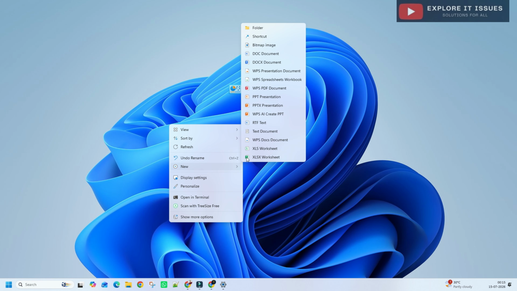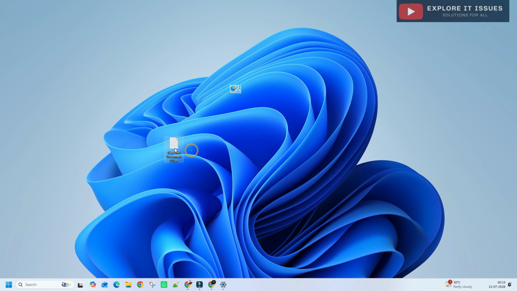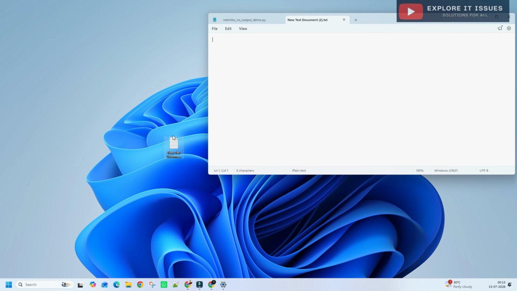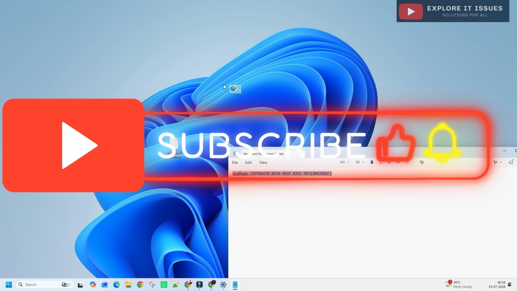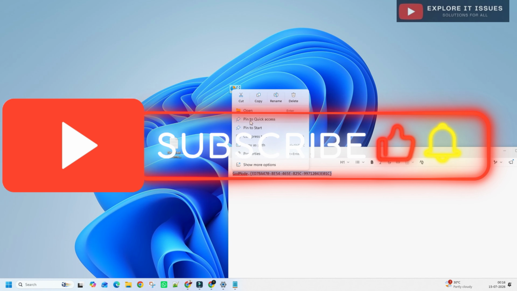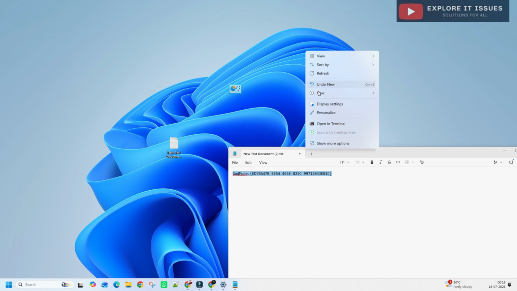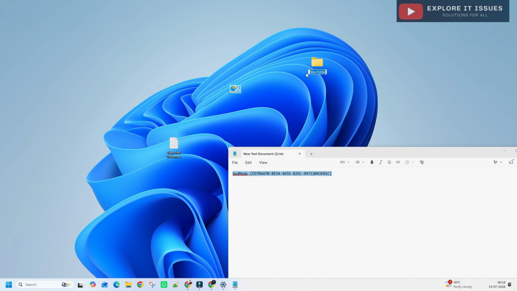Suppose I show you in Notepad. The command is this. We have copied this command from here, and right click. Suppose again I create one new folder here and paste it here.